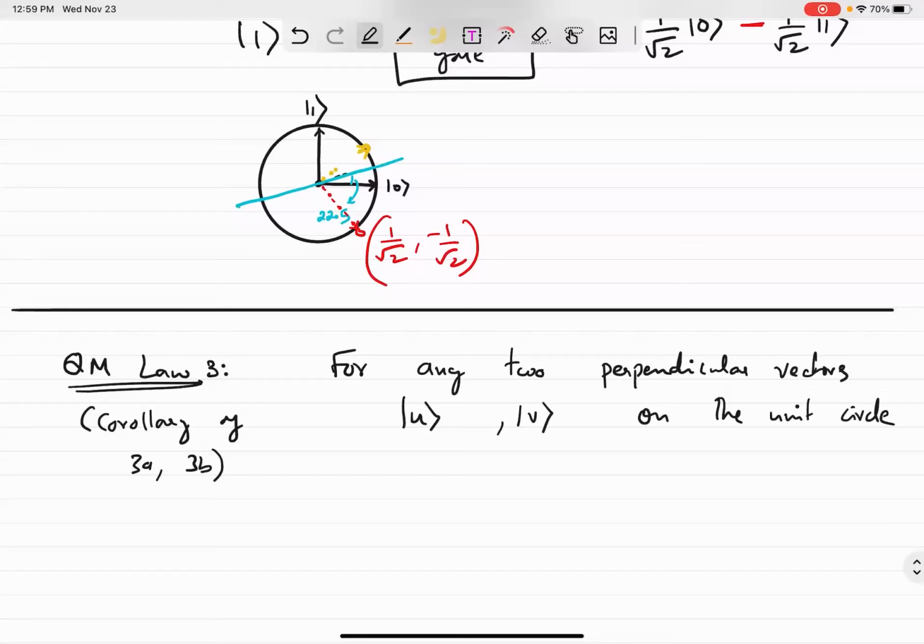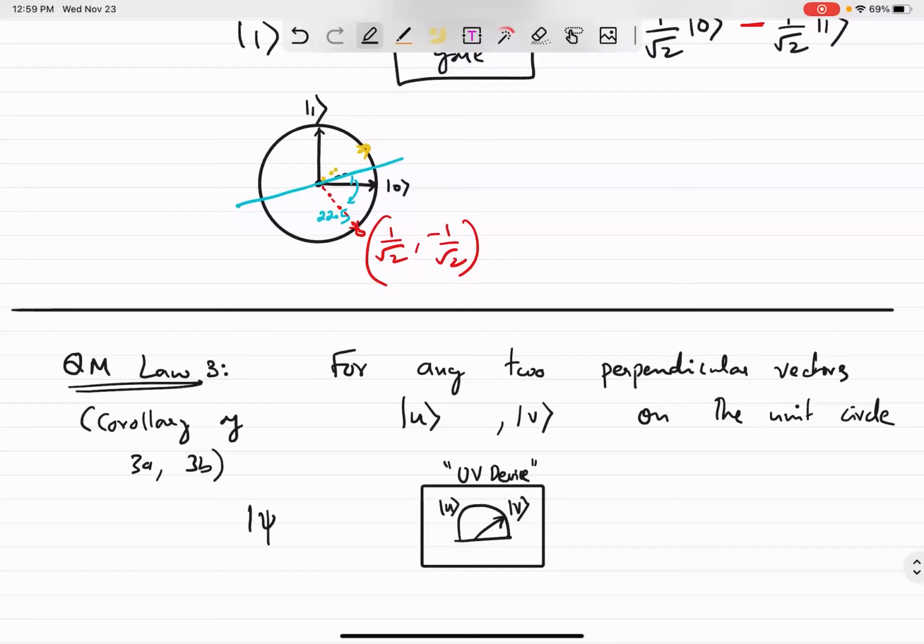You can build a device which basically does what the horizontal polarization filter, the horizontal measuring device, was doing for these 2 vectors. Okay, so meaning I can build a device, which again will denote something like this. So, UV, so let's say UV device,